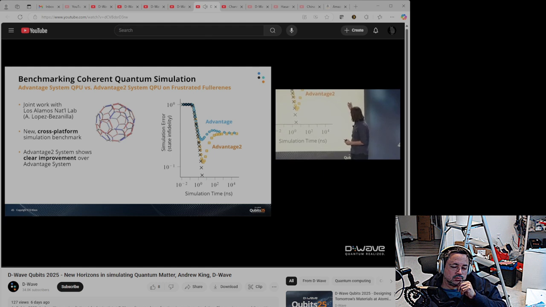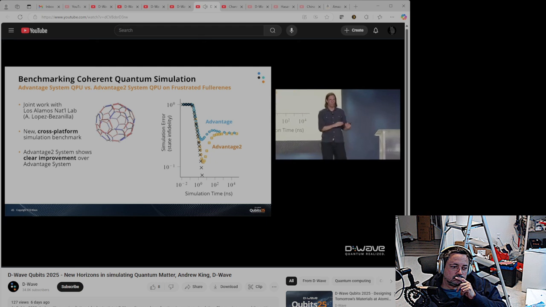This is an advantage to running the same problem, and these black X's are what the ideal quantum dynamics shows. The black X's go to 0 error in the limit, and if you thermalize, so if you have decoherence, you eventually end up at thermal equilibrium. You can see that Advantage and Advantage2 end up at the same point on the far right, and that's the slowest anneal where you thermalize. But in the middle, you can see a qualitative difference between these two processors. This has nothing to do with the connectivity, because we're doing the exact same problem. It has nothing to do with the size of the processor. It's all to do with the quality of the qubits, coming from the energy scale, the design of the qubits, and improved materials.